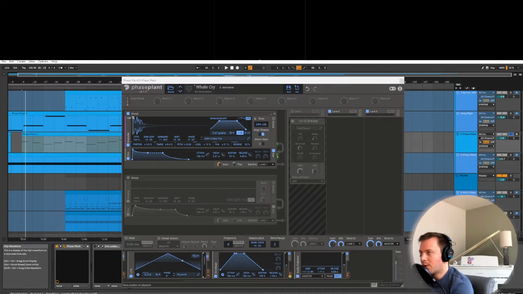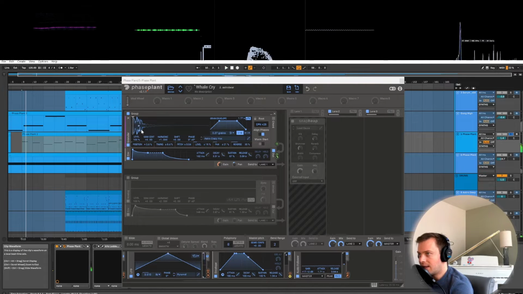So other than the vocal sample itself and the number of grains, the next most important thing in the Granular Engine is these random parameters at the bottom, because the Granular Engine is going to randomly choose which parts of this waveform to play back. And you can control that with these parameters. So when I play this back,